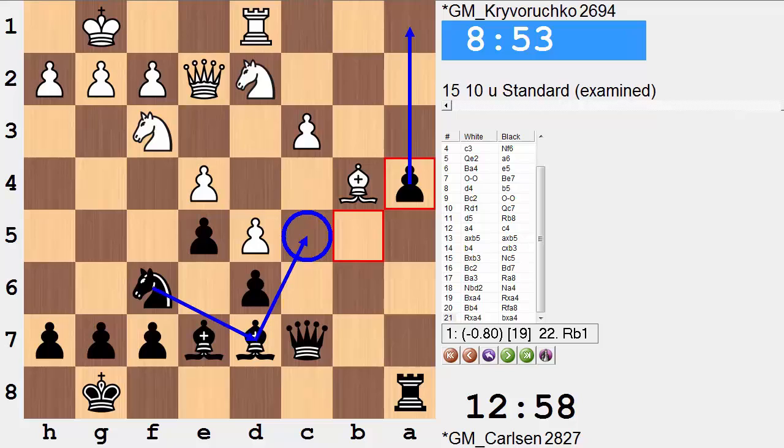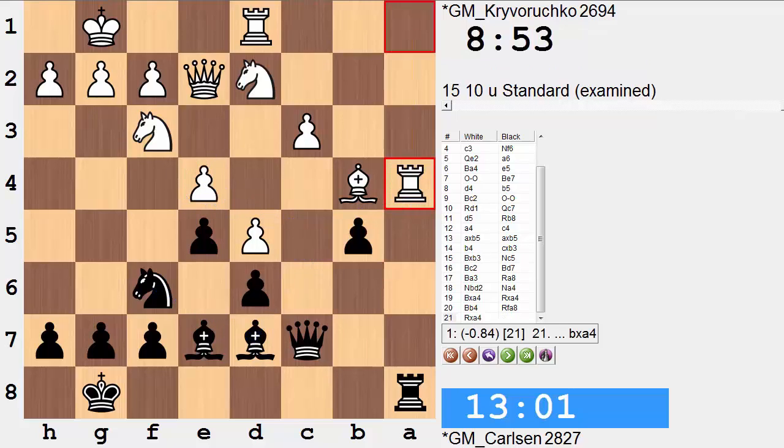Well, I don't know if I would say very important, but it's a square that a knight would really love to get to. In an ideal world, you'd really like to have the dark square bishops exchange and sink the knight right in here on that c5 square, connecting or guarding the pawn, putting pressure here, doing just too many good things for black. So